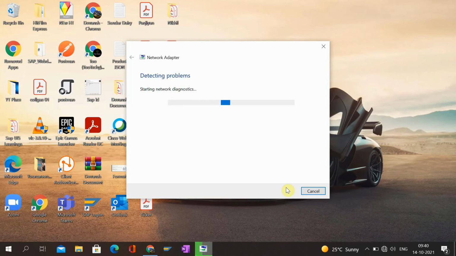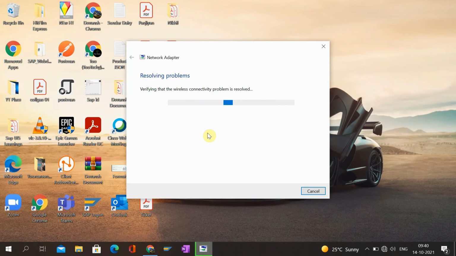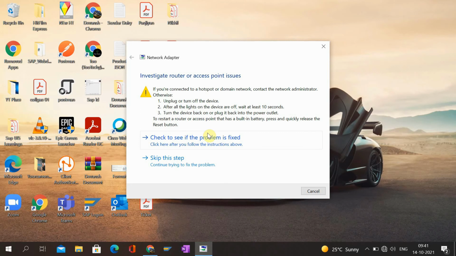It will detect the problem related to the Wi-Fi here. Wait for a while. Now it's suggesting an issue fix. Just click on apply this fix. For you it might be different. Just click on apply this fix to move ahead, and it will start fixing that problem and start doing the changes related to that fix. So at last you will find these steps which you need to follow to fix the issue. It might be different for you. Just do those steps and it will be fixed. So this is the first method to fix this issue.